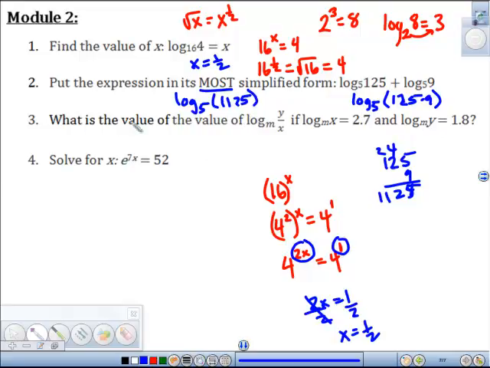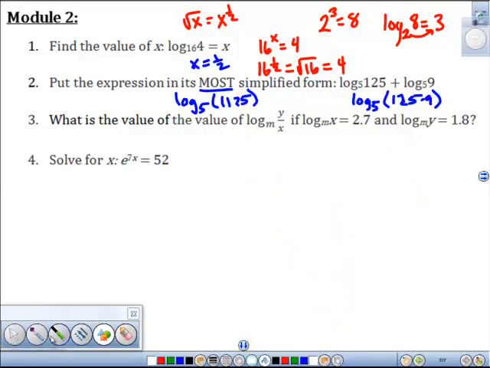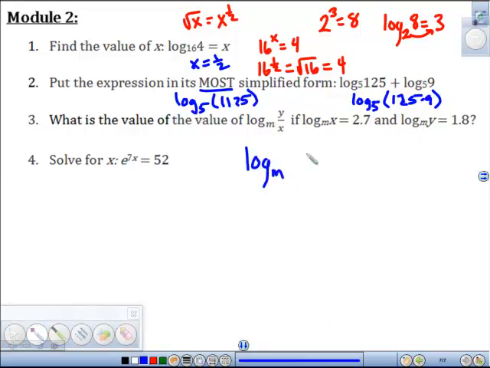Okay, next it says, what is the value of this logarithm? And it looks like we've got division, and then it gives us a couple values. What I'd like to do first is take this logarithm, and if you have variables and it's tripping you up, then just put values in. You could do like 1, 2, 3 or something. This has a base of m, and then it's being divided. With division, the properties of logarithms is that we can separate this where we have log with a base m of y, minus log